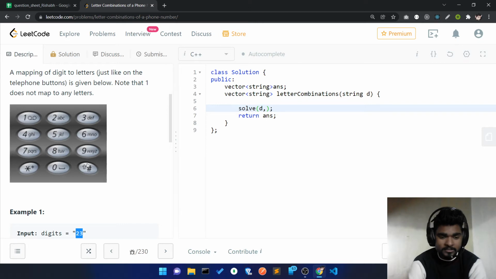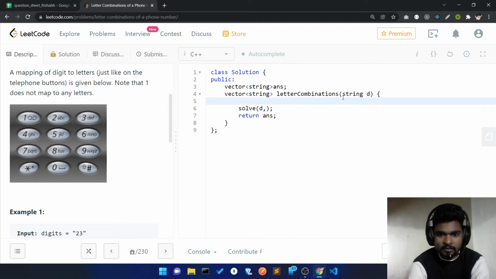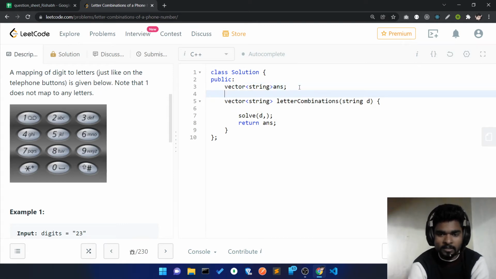So I have to make this mapping too. Let's define it globally, otherwise I have to pass it into every solve call. So for not passing this into the solve function,